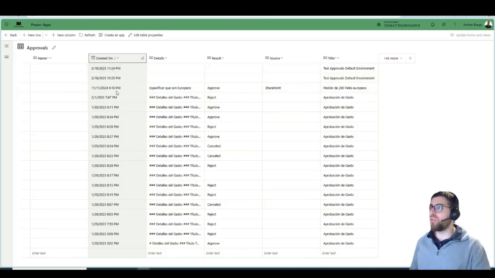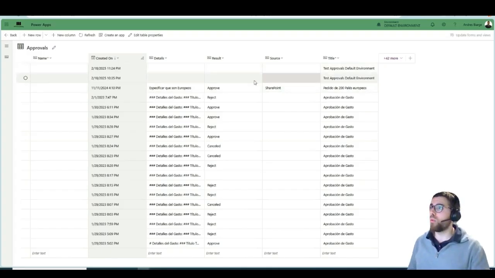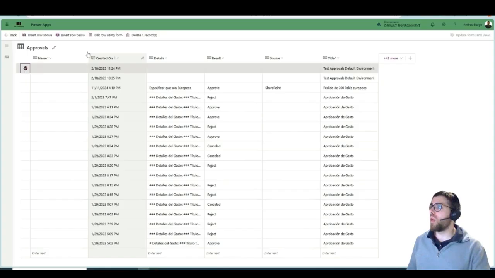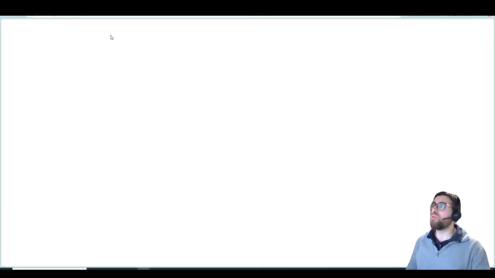This is the date it was created on. This is the actual trigger that we just canceled. This is the test approval. This is what it's actually in the flow. And source, where you can see if there's no source, it's Power Automate, it's SharePoint. It means that it was triggered from a SharePoint document library release, and the result, obviously, is the result of the approval. But if we click here and we select Edit Row using Form, we will access the form